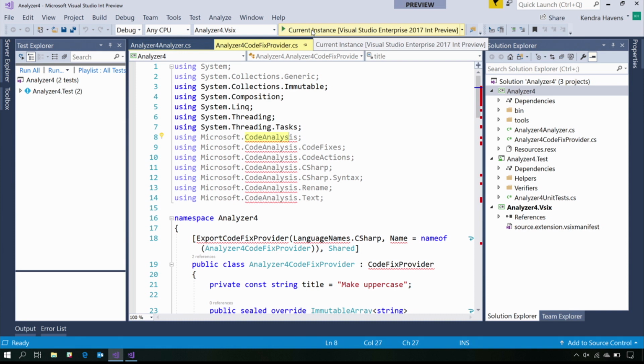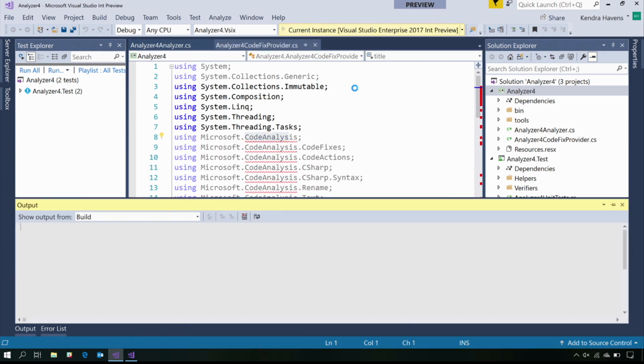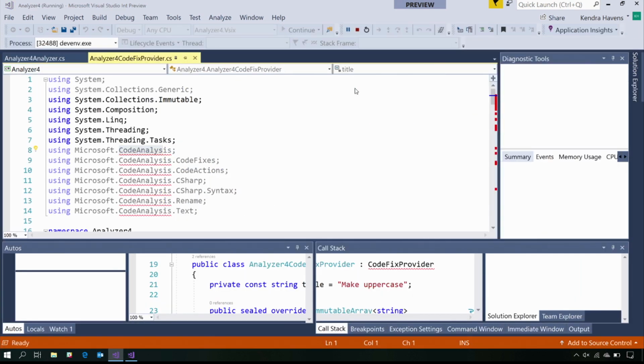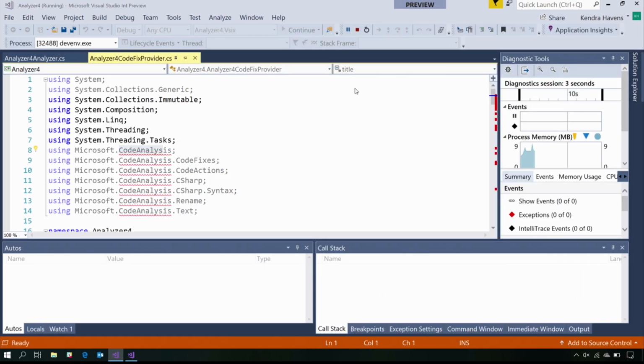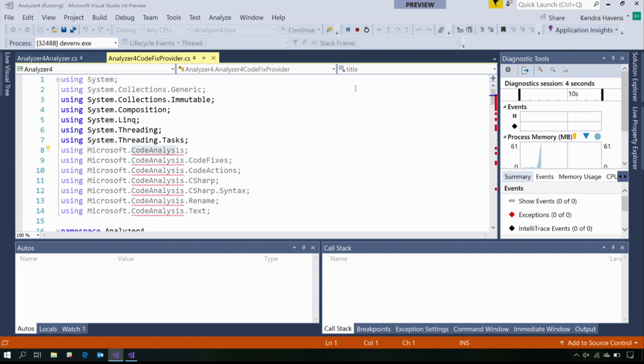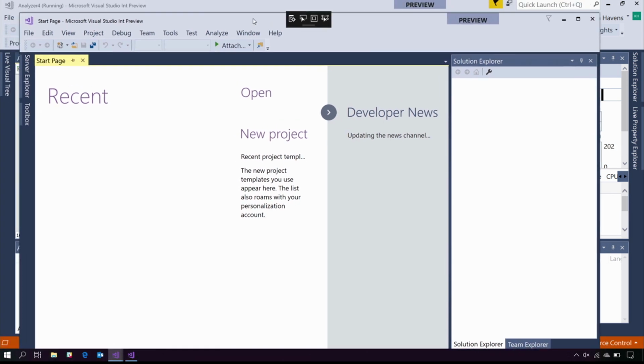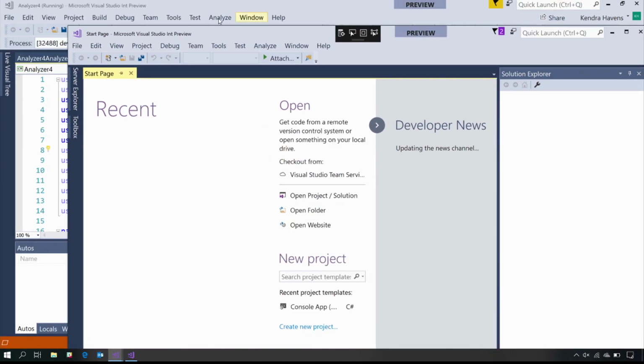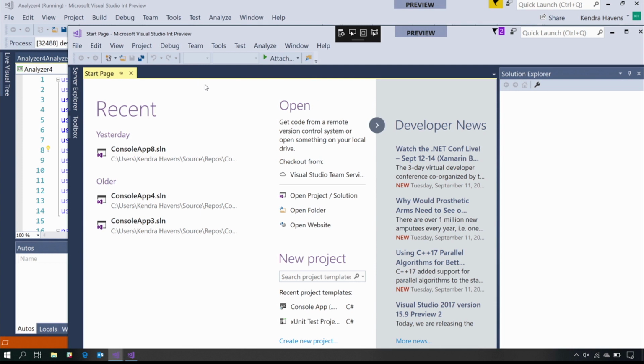I can actually launch an analyzer project, and in doing so, it launches another version of Visual Studio. I'm not sure if you all have seen this before, but it's very meta. So you're running Visual Studio from Visual Studio. So sometimes it takes a little bit longer to start up, but this version of Visual Studio is being launched by this one. So if I went ahead and opened my console project,